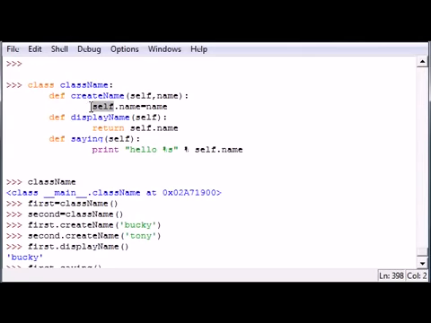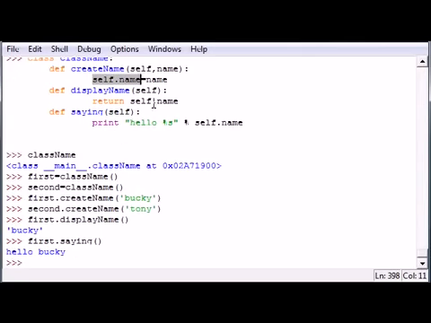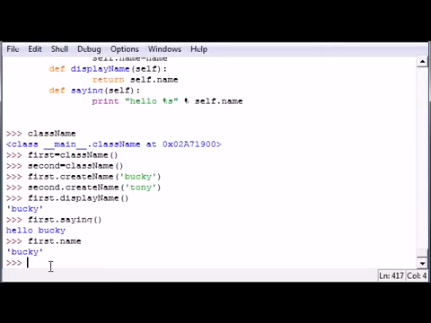So if you put self.name, let's go ahead and see self.name equals name. If we put first.name, it would be Bucky, because the object and name of first is Bucky. And I know this is kind of confusing now, but